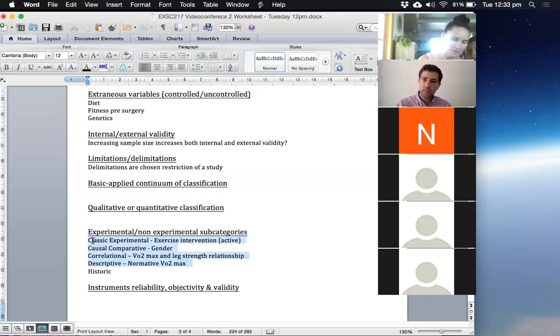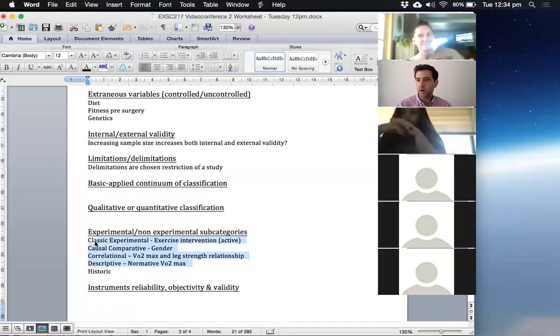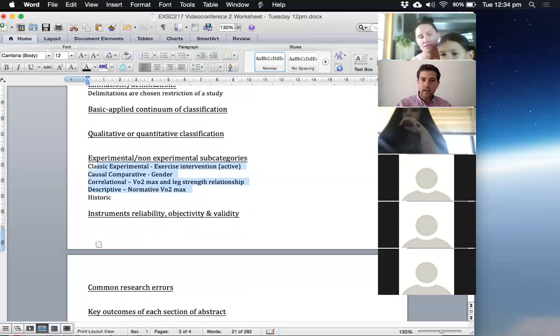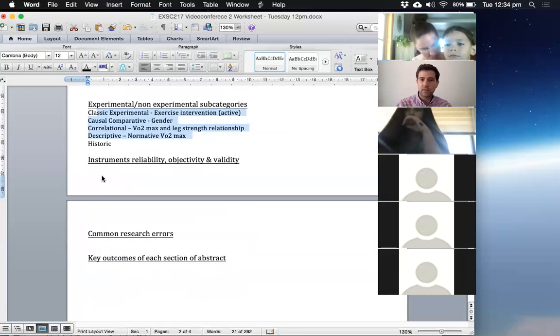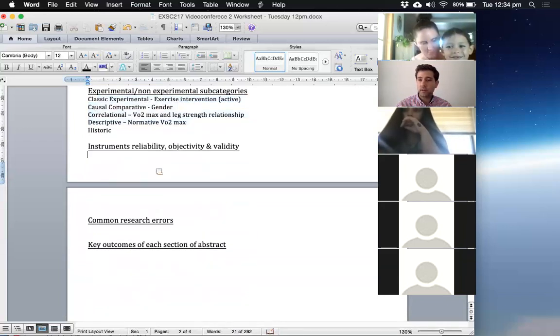But depending on the independent variable and the dependent variable, you'll have different types of design in terms of the experimental, non-experimental. So you'll definitely get a question around that one in the mid-semester exam. You'll also have a question around instrument reliability, objectivity, validity. Like I mentioned before, that won't be 'rate the objectivity of a study', but it might be something like, what are the 3 considerations for instrumentation? It might be something around specifically different aspects of that.